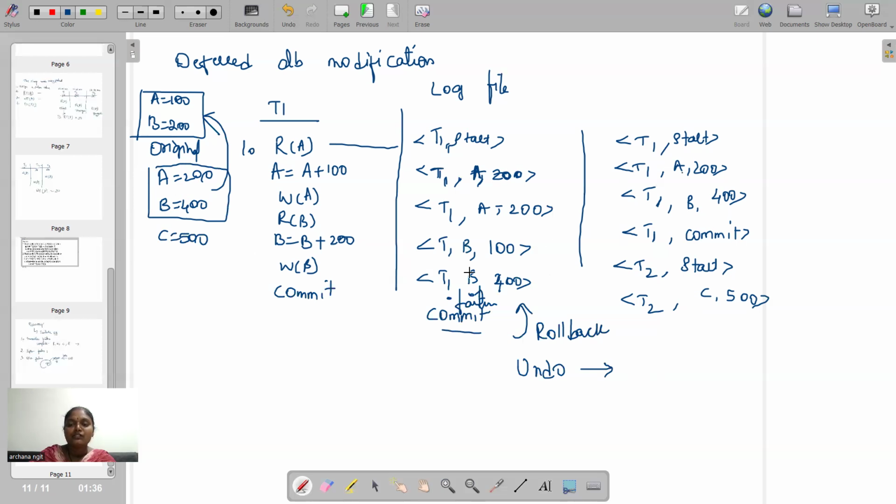So this is how in deferred database management, deferred means late, it gets delayed. So unless there is a commit which has been used till that point of time, it will never perform modifications to the original database content. Instead, it will just have it in the local memory only. The second technique is